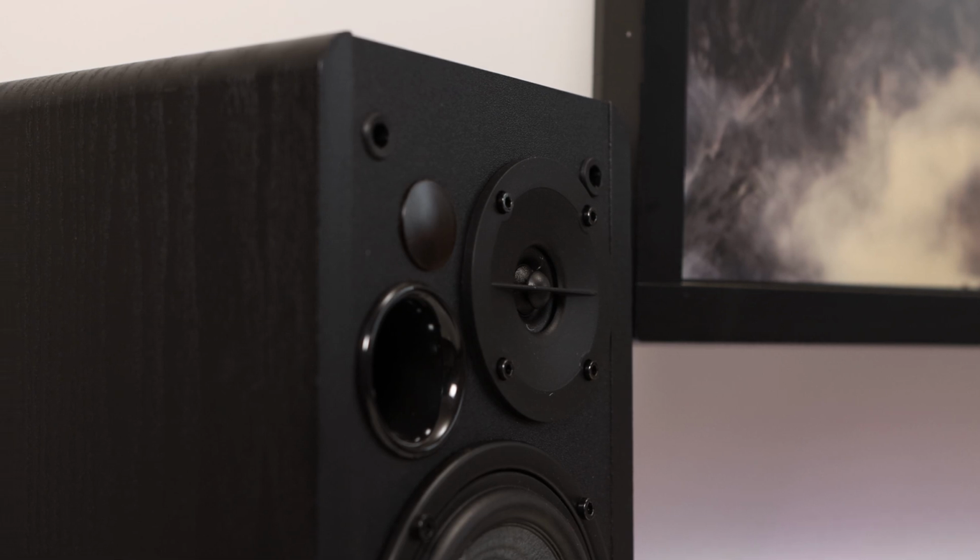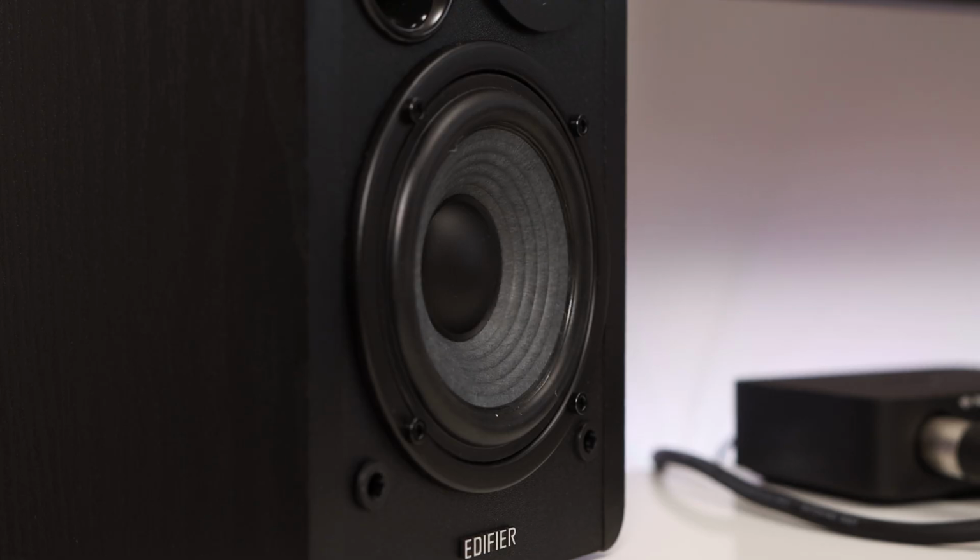After using studio monitor speakers for a couple of years, the speakers sound fantastic for listening to music. The initial thing that struck me about these speakers is just how low the bass can go. It did take a couple of minutes to adjust to the speakers, but after many hours of listening, I think they're great. Edifier has done a good job at tuning the speakers to provide a dynamic and exciting listening experience